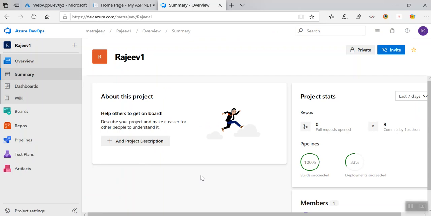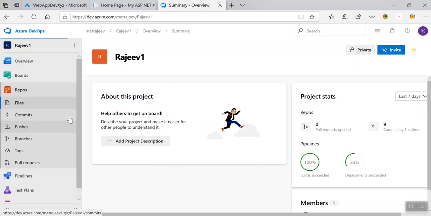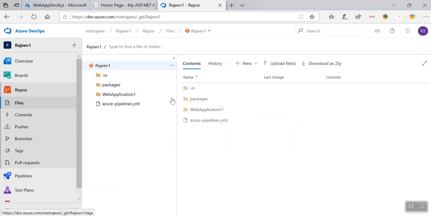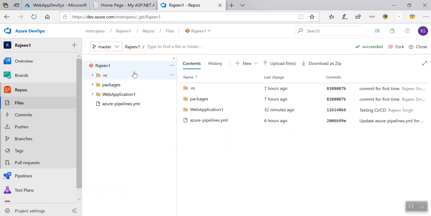Initially, once you create this project and you come to the repo, you will see nothing over here. So only if you create it will you come to know. Before I do the actual demo, I'm just demonstrating what we talked about previously, and we'll see a quick demo, and then we will go and create from scratch. So here you will see it will prompt for clone from the Visual Studio.